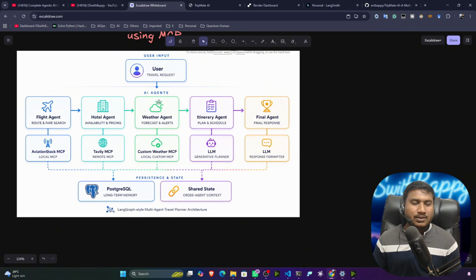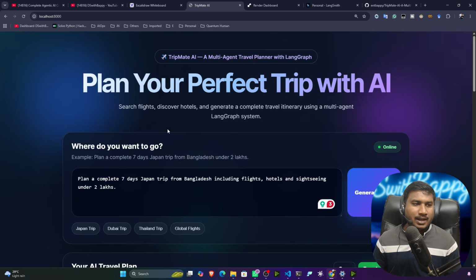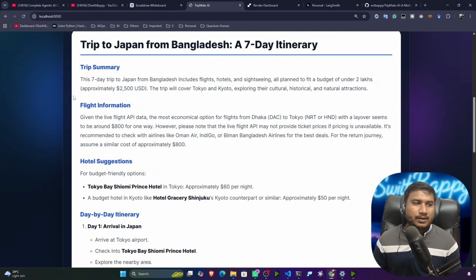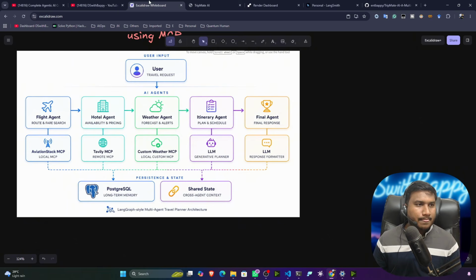Whenever I'm planning any kind of trip, let's say from Bangladesh to Japan, I want to know the Japan weather condition. If I visit Japan, what would the weather be? Should I take my umbrella, or should I take my sunscreen? This part I have to know, and I can get it with the help of the weather agent. The weather agent will fetch real-time weather information,